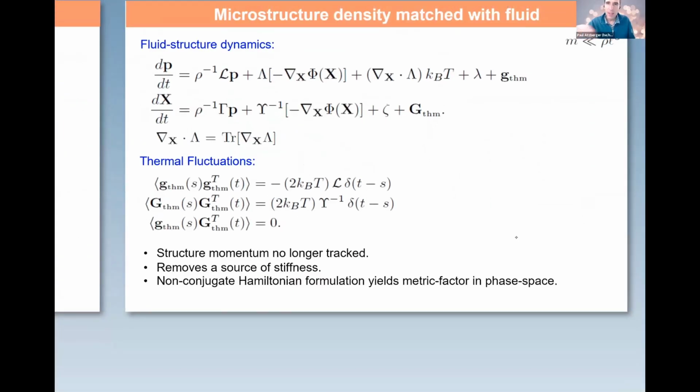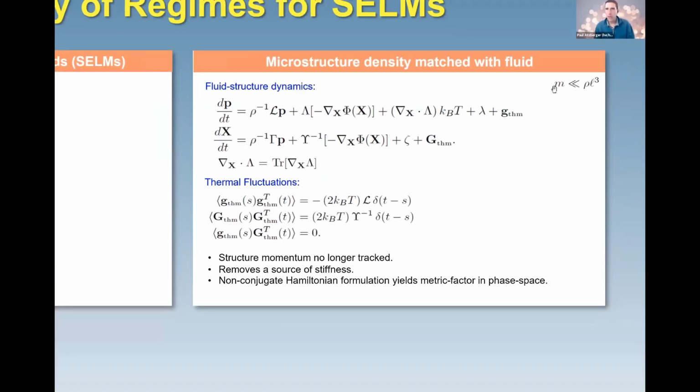Okay, there we go. Now, what I've done here is effectively taken the mass to be small relative to the local reference fluid parcel for the microstructure. So we've eliminated, in some sense, the inertia of the microstructure, but we're still not in the tight coupling regime yet. And so if we do that, this is what the equations reduce to. What's really important to point out is because I've done everything very systematically, there is a thermally induced drift term that appears in my momentum equation for the fluid.